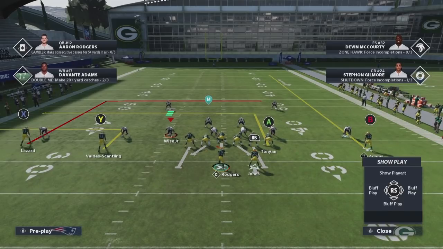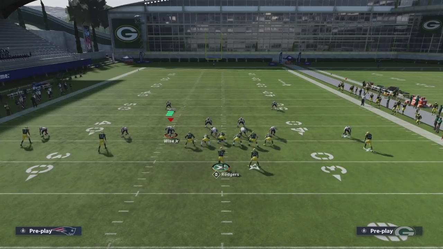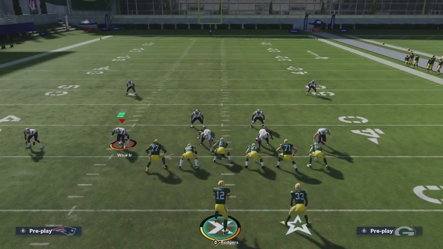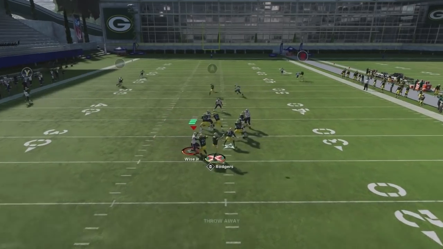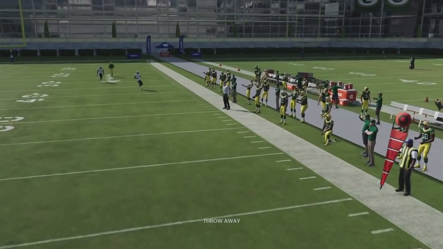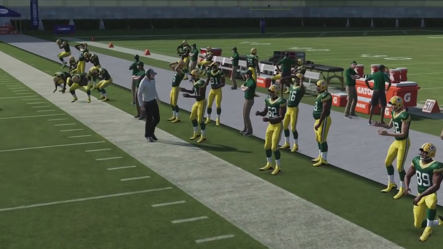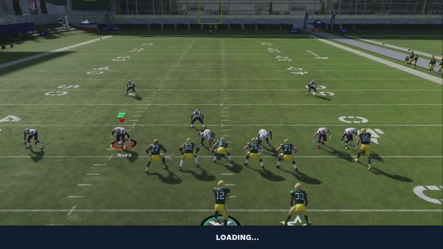But because of the coding of the game, this guy is going to win to the inside if I don't press anything or if I press underneath coverage. So right now, I'm not going to press anything. And we're going to see that guy's going to go to the inside, and I'm just going to basically throw this ball away, and we're going to talk about all the routes and make sure that you see that this is consistent. And this is really something that can really help you on the defensive side of the ball